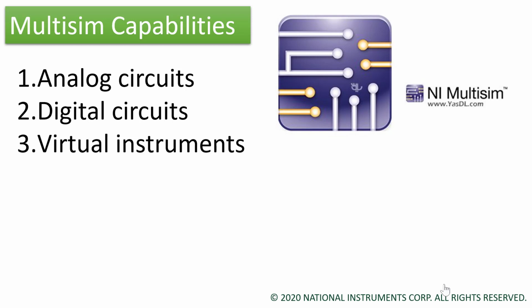With this Multisim software, you can construct all the analog circuits based on resistors, transistors, diodes, as well as linear ICs, like your op amp circuits. All those things can be constructed and their behavior can be verified. Similarly, all the digital circuits: basic gates, adders, subtractors, multiplexers, demultiplexers. And the advantage is that in both the analog and digital circuits, we also get direct ICs. You don't have to connect. You can connect block by block with the basic building blocks, or you can directly take the IC of that particular operation, connect the inputs to the IC and check the output.